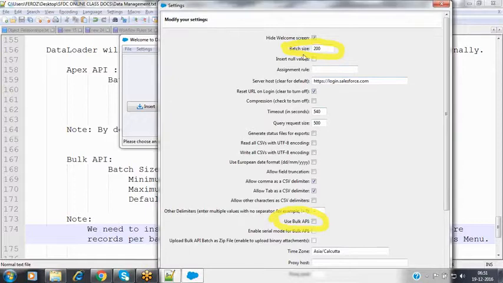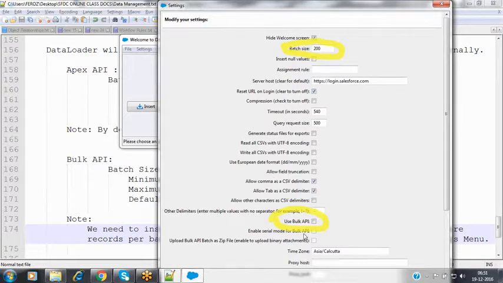The default batch size is 200. Nothing but it is using that Apex API to process those records, to perform the insert or update or extract or delete. All these operations it will be performing with the help of that Apex API, where each batch size should be minimum 1 to maximum 2000, and the default batch size is 200.